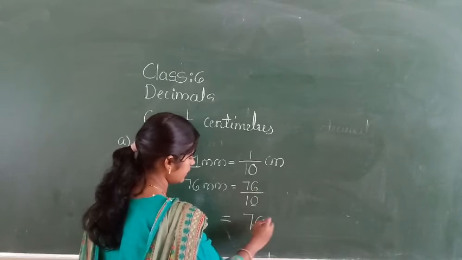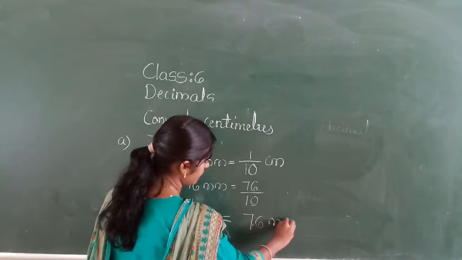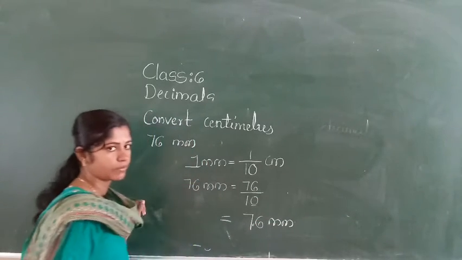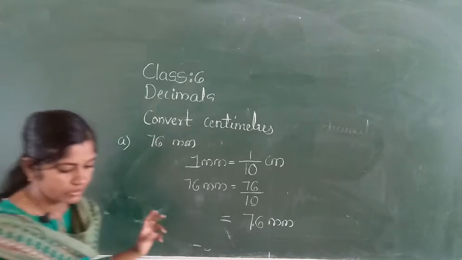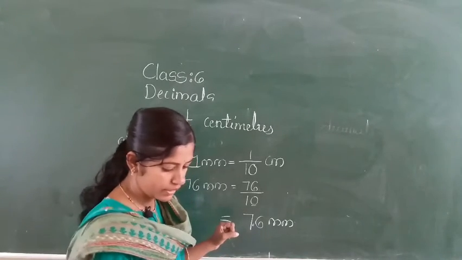7.6, what to write here? mm. 7.6 mm. This type you have to convert. Here one more question is there, and that is